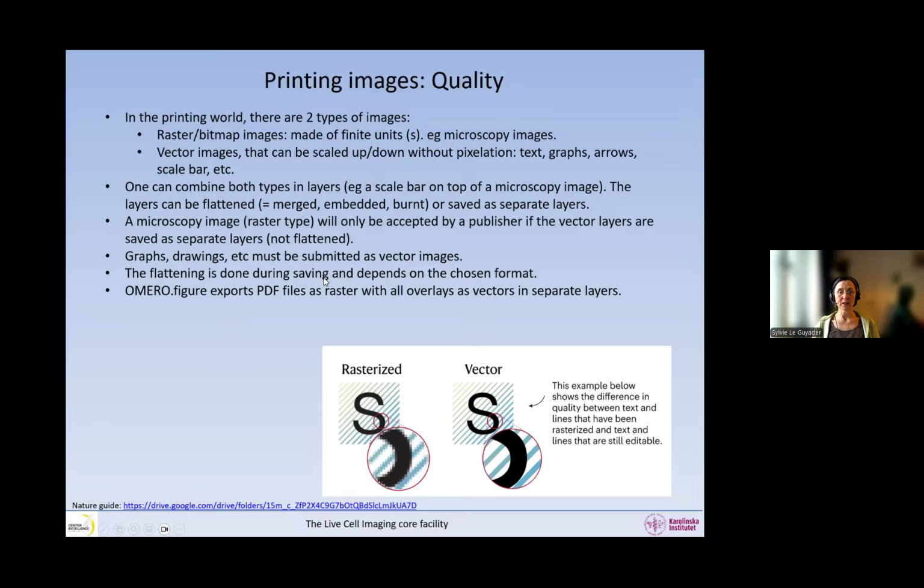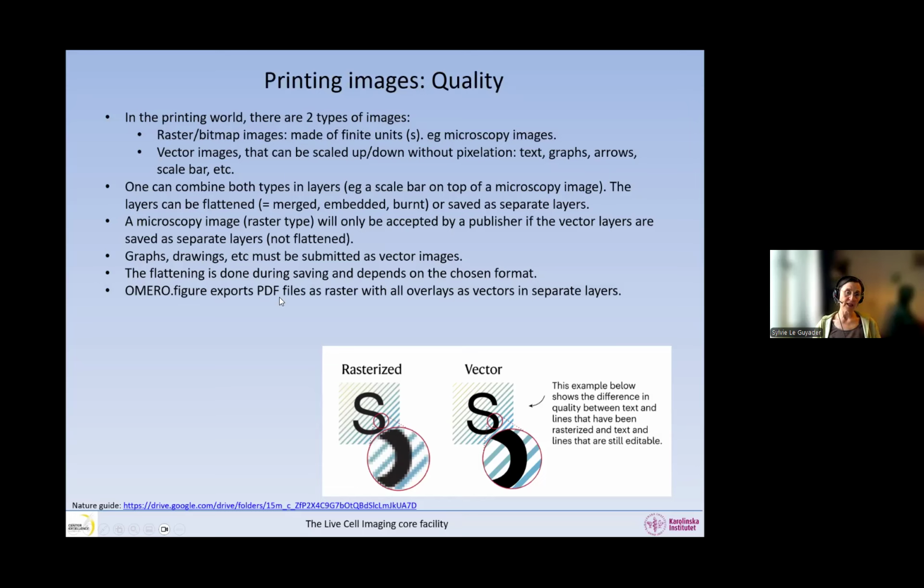By default, when you acquire in your microscope software and you add a scale bar and some annotation and everything, this is saved as a vector image, not flattened to the raster image. So you can toggle on and off a scale bar in your software, and that is because it's not burnt. By default, it's saved as a raster image and a vector image.